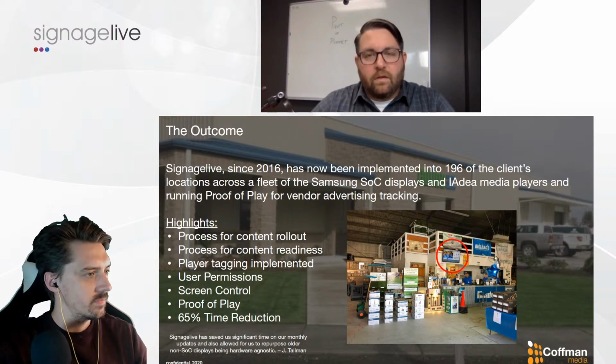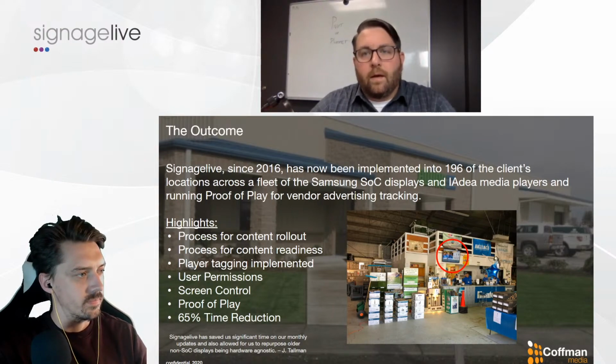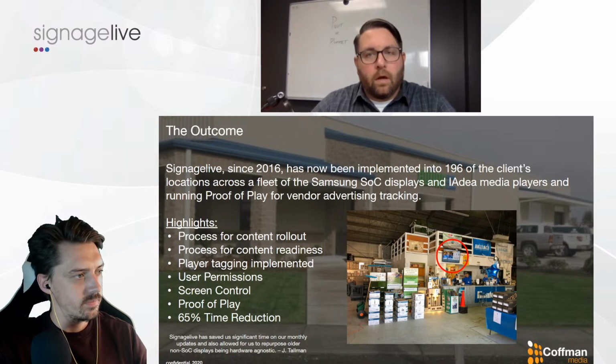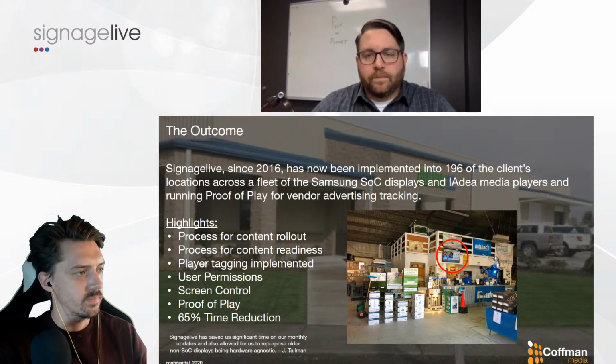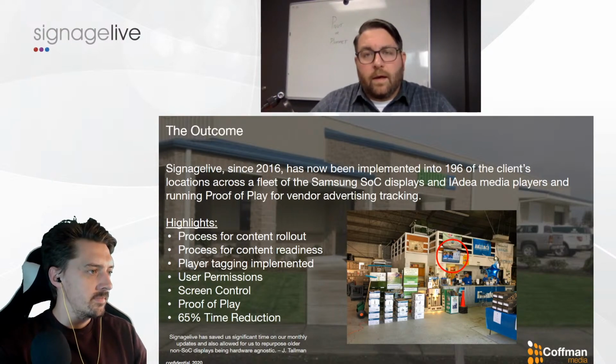But still, setting those standards so they could scale it if employees ever come and go, as we all know that they do. Setting screen controls across 3 different time zones, so making sure the right screens had the right screen controls for the on-off functionality within Signage Live. Setting up the proof of play, so they were able to pick and choose the assets they wanted to track on a proof of play level, which I'm sure we'll talk a little bit more in depth about in a moment. And then lastly, the outcome of that was really a 65% reduction in time from the